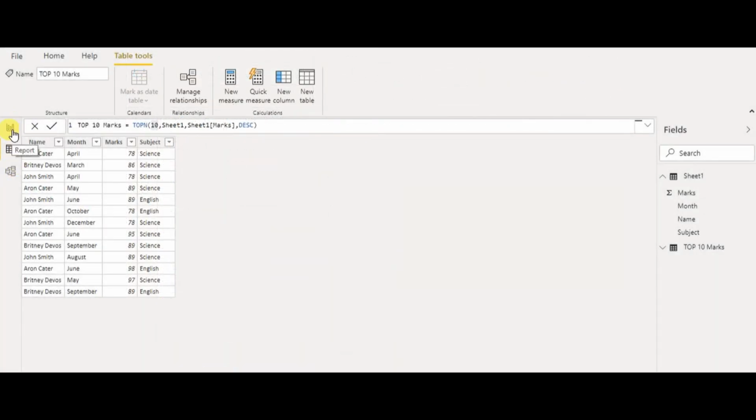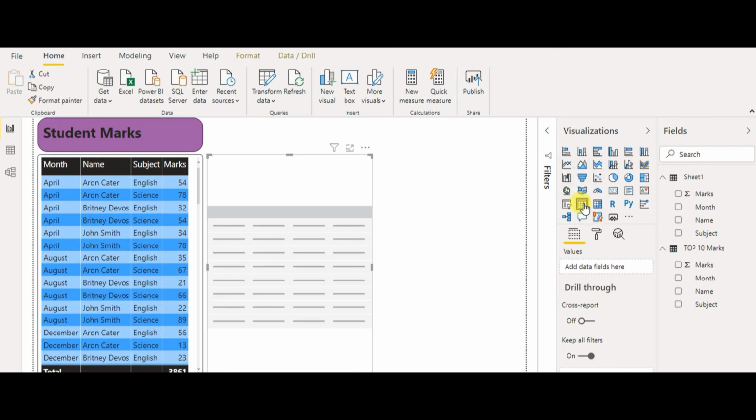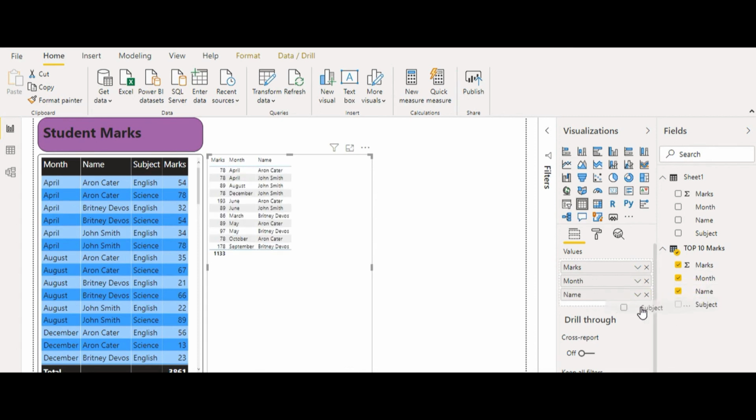Right, I go to the report and my table is there. I select a table view, then I put all the fields here: marks, month, name, and subject.